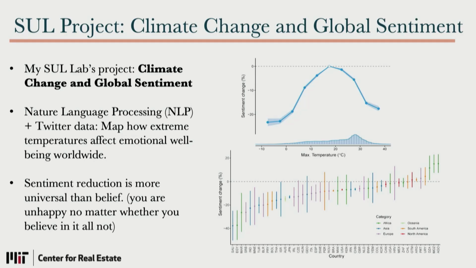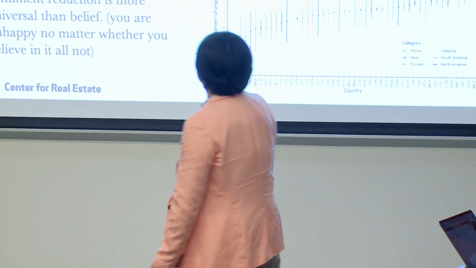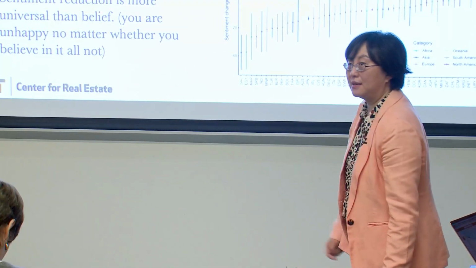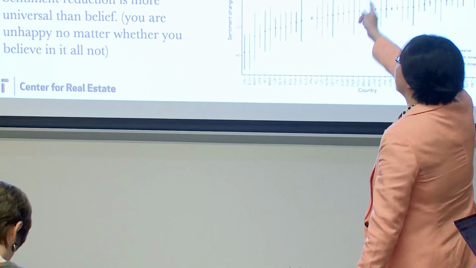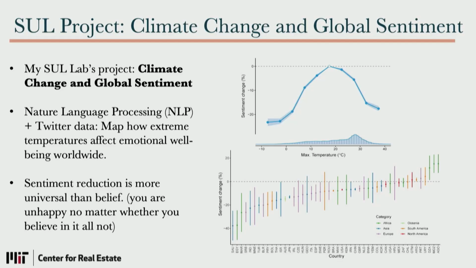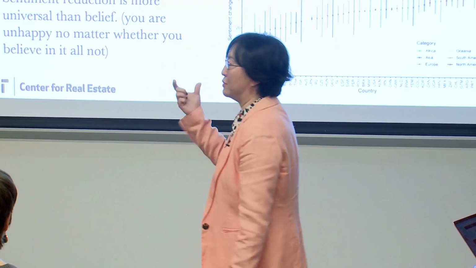Okay, that's Zheng's research. And my lab has another research. We have a website, search Google. We have a global sentiment project. This project is the following, also linked to climate change. We use natural language processing, a kind of machine learning based way to extract information from social media.